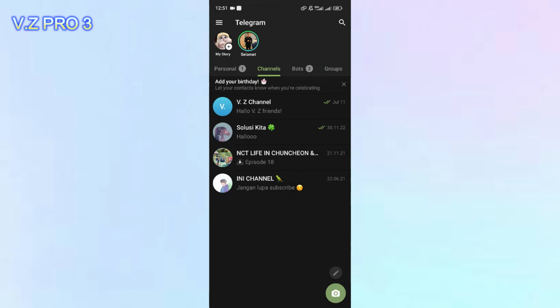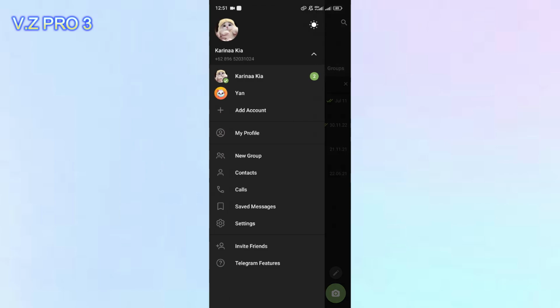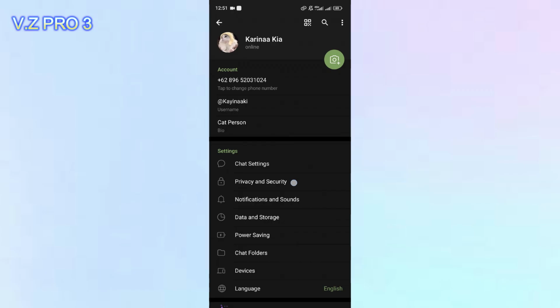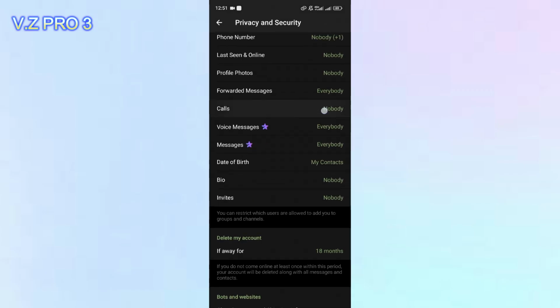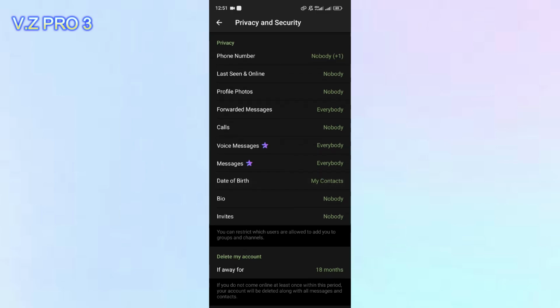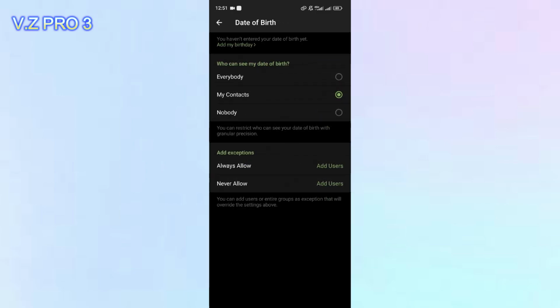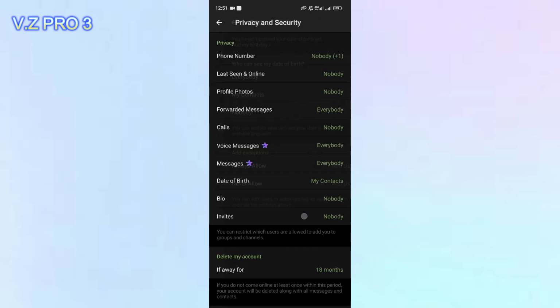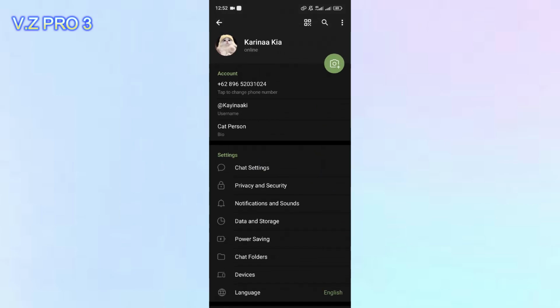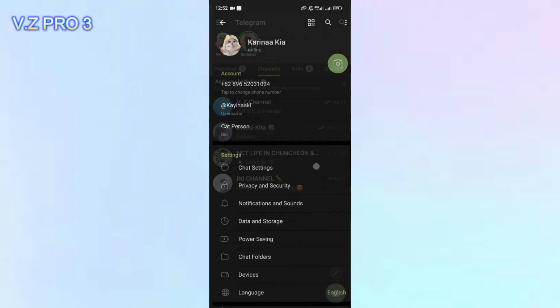your birthday by tapping on the up left corner here and the three lines over here. Now tap on Settings, tap on Privacy and Security. You can scroll down, there is an option, Date of Birth. Here you can set who can see your birthday. It's set to My Contacts. And to add your birthday, you can just tap on the